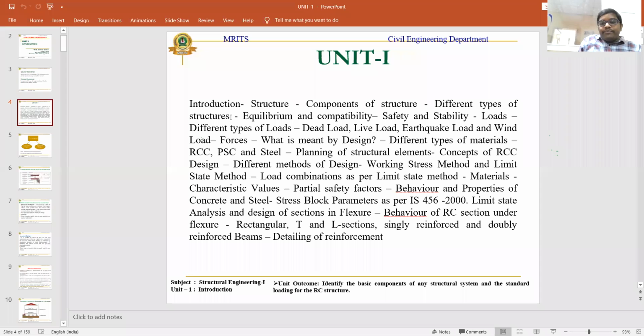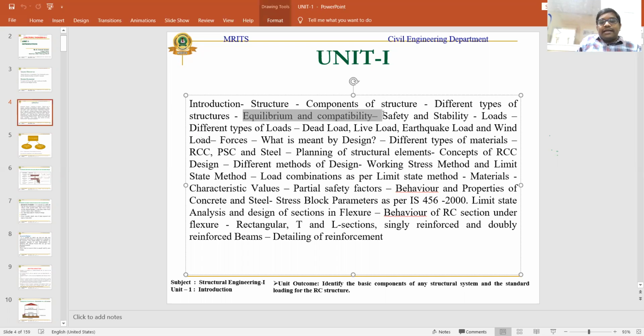There we are going to discuss the different components of structures and the different types of structures we have. Here we are going to discuss what is meant by a residential building and a commercial building. Basically, for normal usage we can go for designing residential buildings, and for business purposes we can go for designing commercial buildings. For example, you can take any institutional buildings, which also come under commercial buildings; those are especially used for business purposes, so they all come under commercial buildings only.